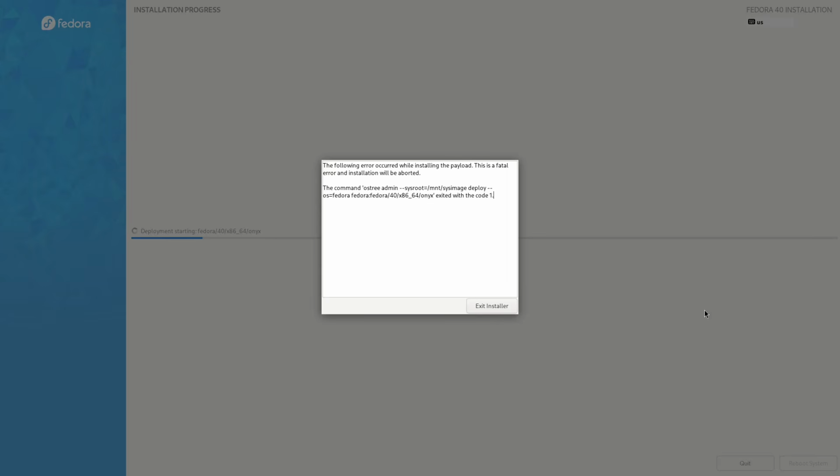If you've installed Bazzite once before and you remove the partition and you try to install Bazzite or any other Atomic desktop, when it gets to the part where it tries to add the EFI boot information, it falls over. What I'm going to do here is show you how to fix this specific issue. This is only relevant if you've installed a Fedora Atomic desktop, removed the partition, and tried to install it again.